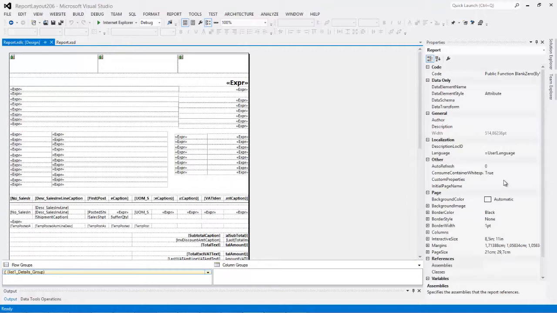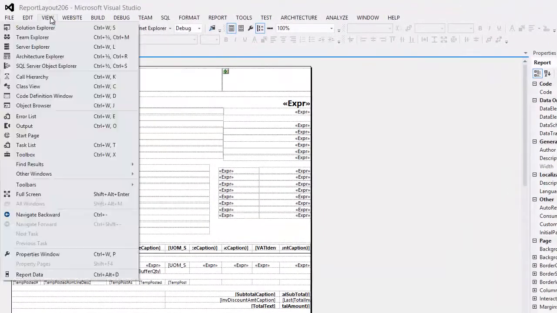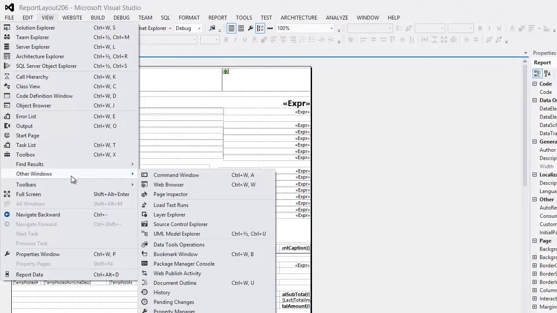The document outline, however, is not available in the Report Builder. I have opened the 206 sales invoice report layout for editing. Currently, the document outline is not open, so let's enable it. To view the document outline, navigate to the View main menu, expand the Other Windows submenu, and select the Document Outline option.